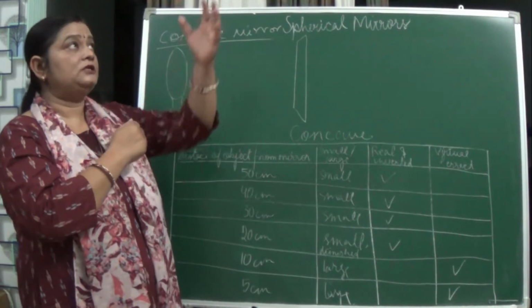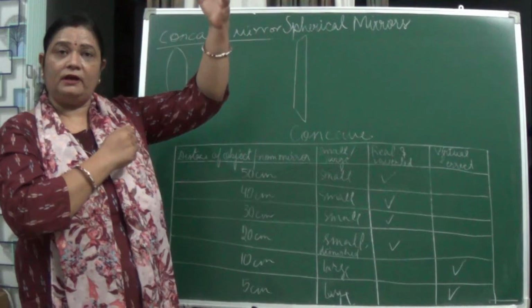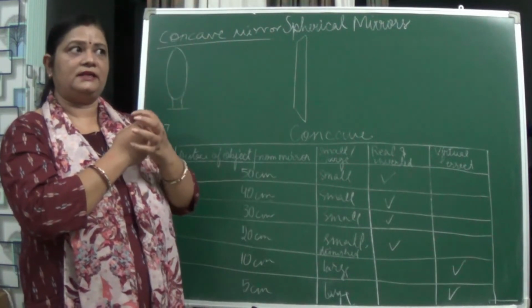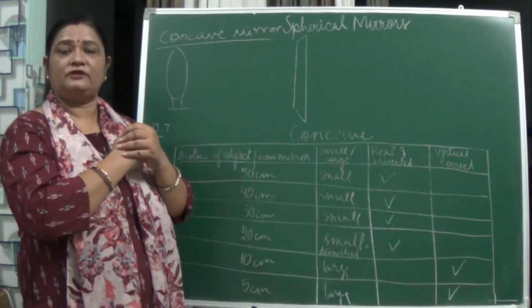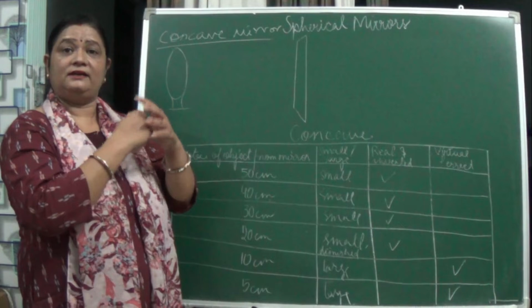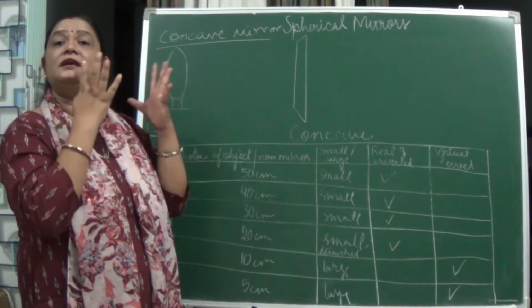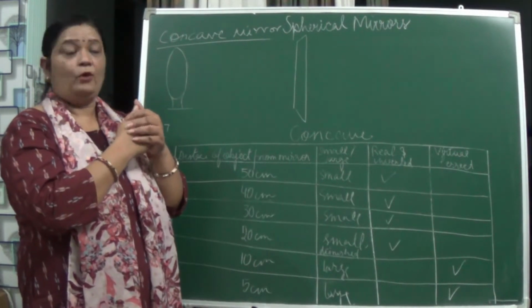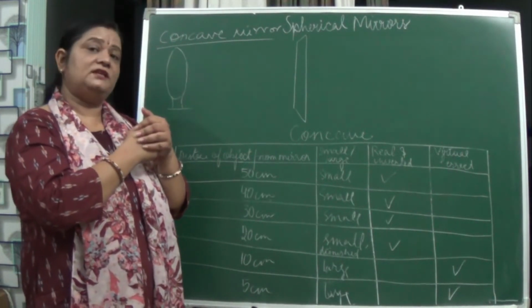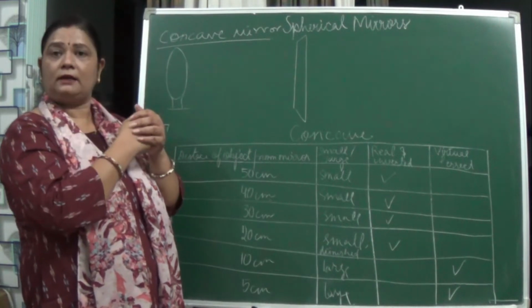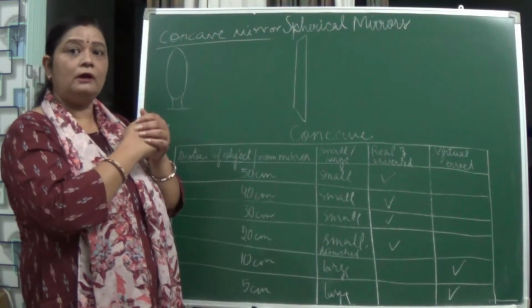This happens because the concave mirror converges all the light rays and reflects them at the point on the paper, and as a result the energy becomes too much and it starts burning. One thing more: do not look at the sun directly with your eyes. It will damage your eyes.